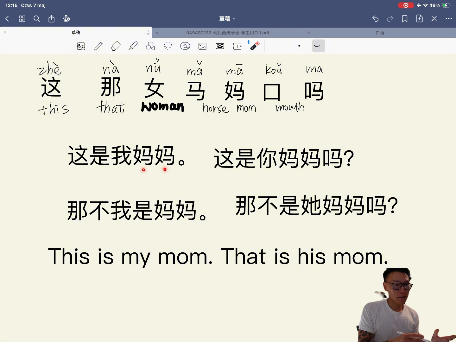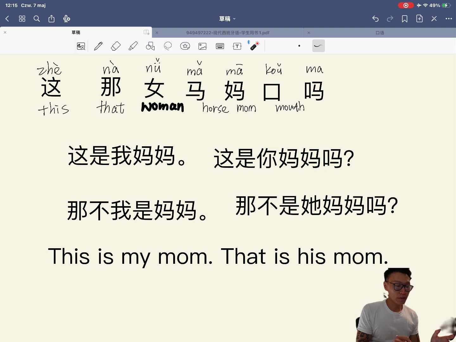And mama is a word that means mom. Even though the single character already has the meaning of mom, normally we tend to duplicate it and say it twice. Mama. Alright, repeat after me one more time. 这是我妈妈。